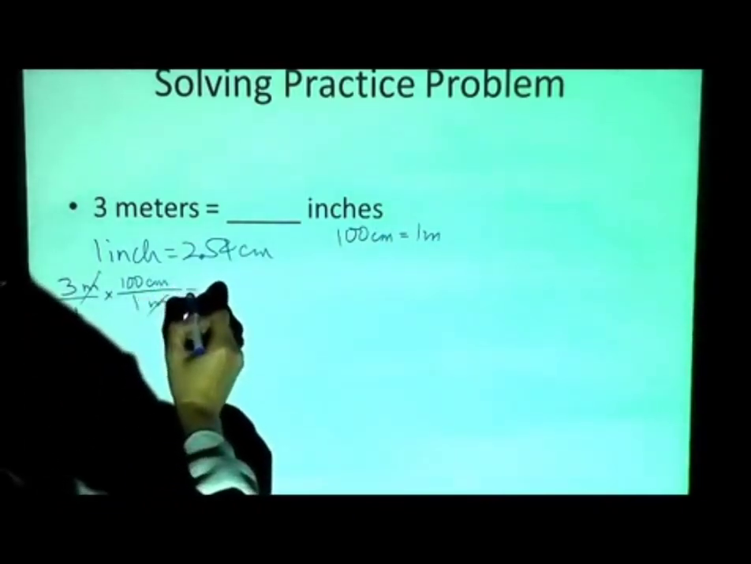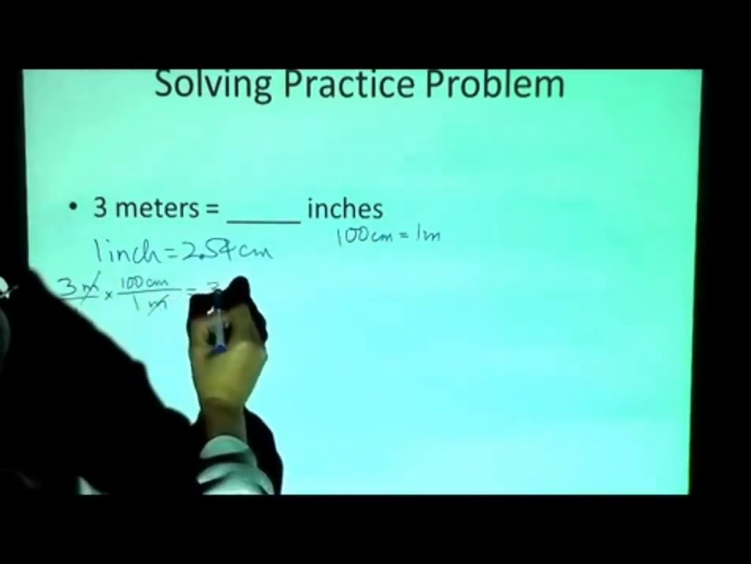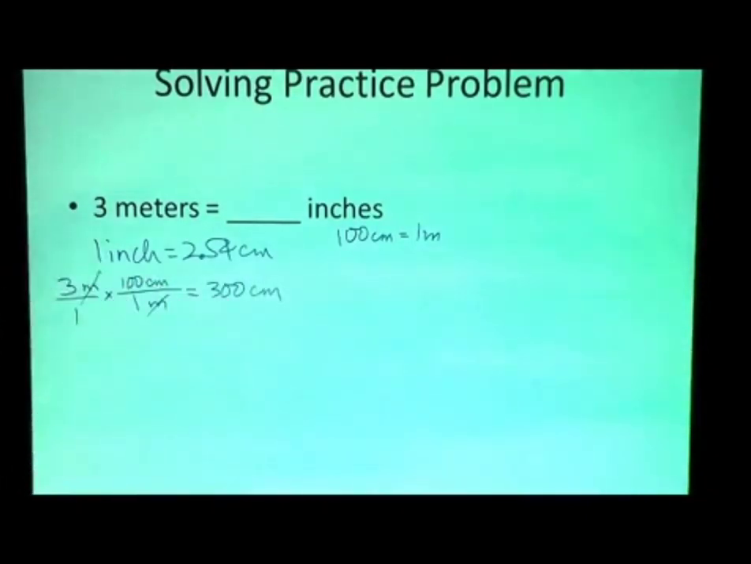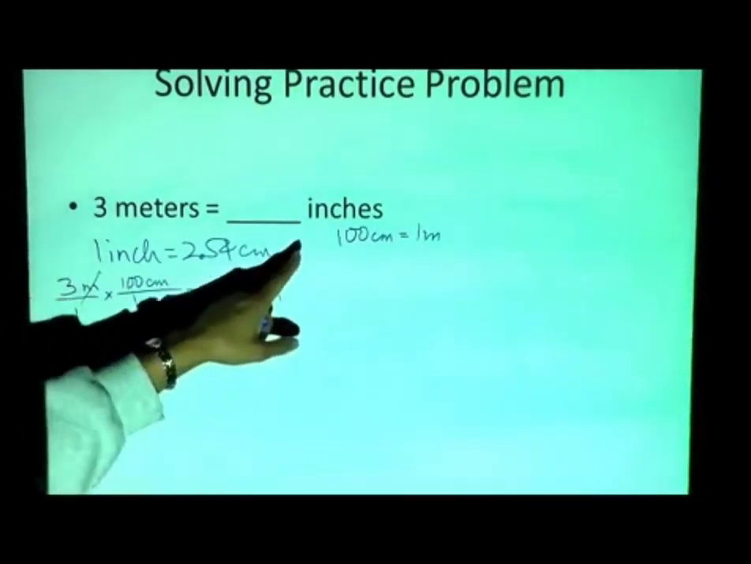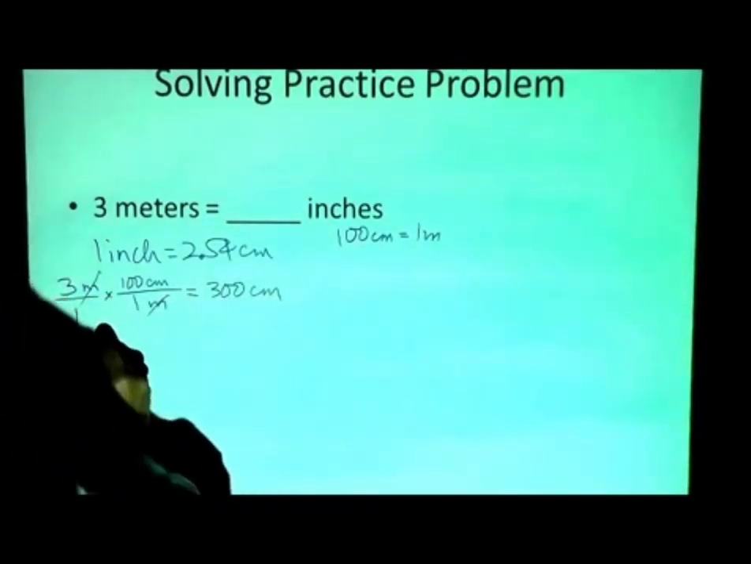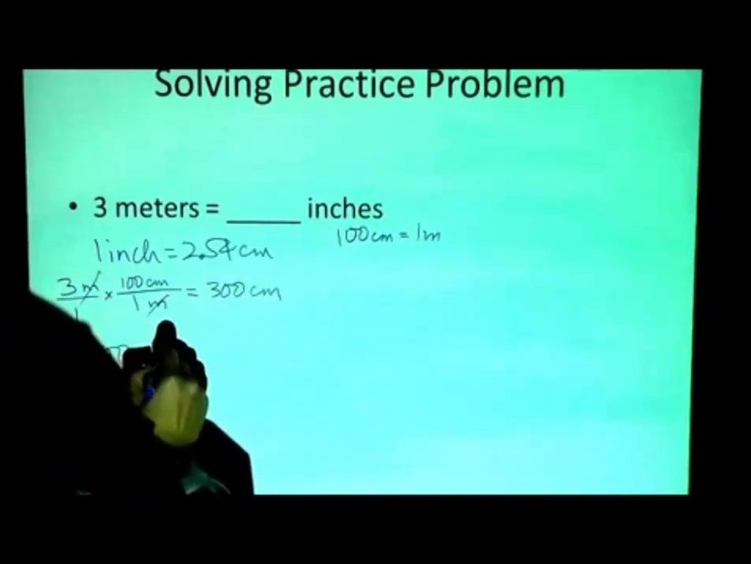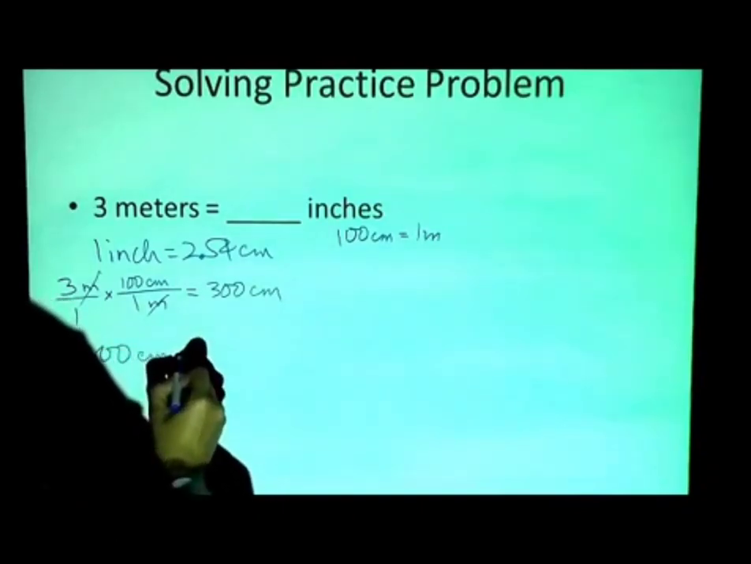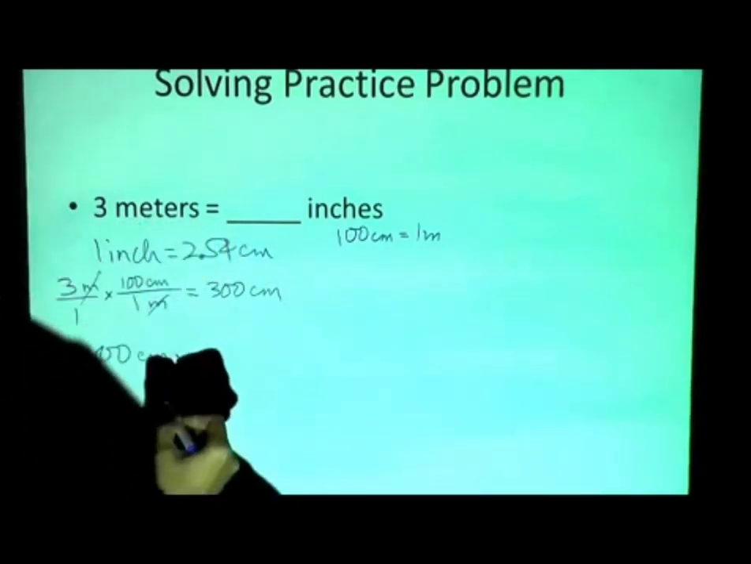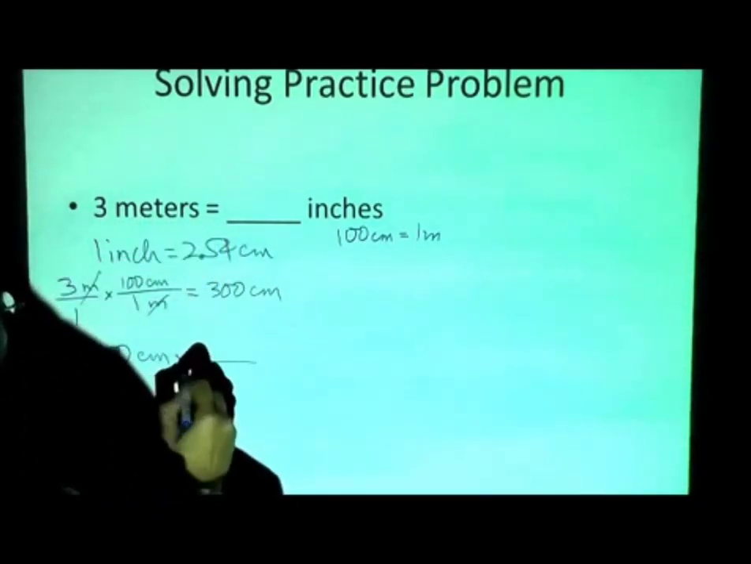So now you have 300 centimeter, right? But we're not done yet. We want the answer in inches. So the 300 centimeters, you're going to multiply that by another ratio of 1. There you go. And that would be over